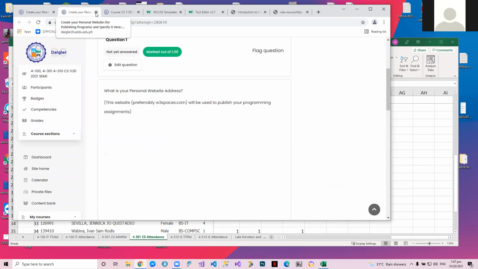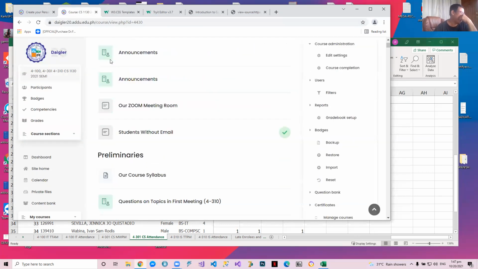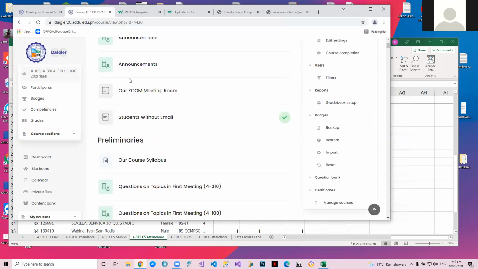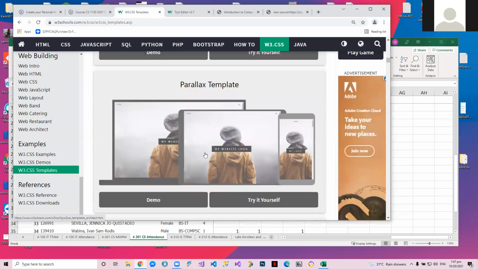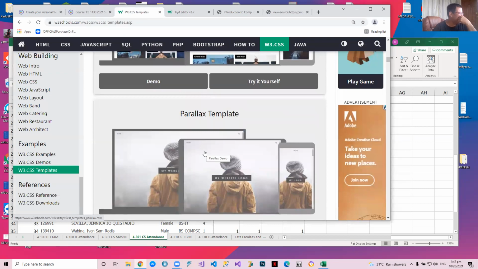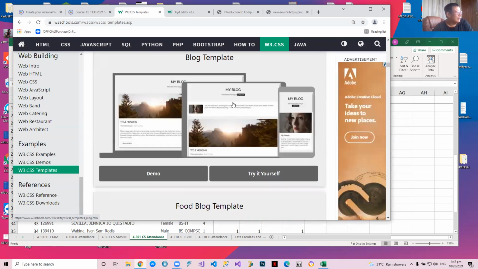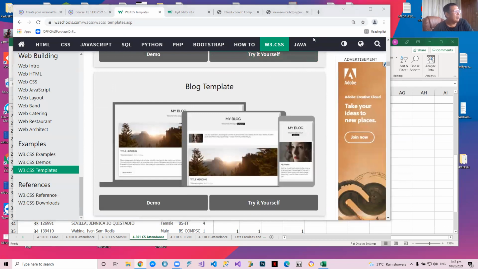I'm going to list down all your URL web pages, the web page URLs, and I'm going to email those who are not able to launch them, okay? Because it's a requirement. So, there are so many templates. Now, it's a good thing that W3 gives us style sheets because previously the most popular style sheet is Bootstrap. But if you look at this,